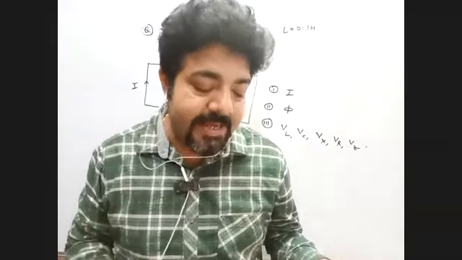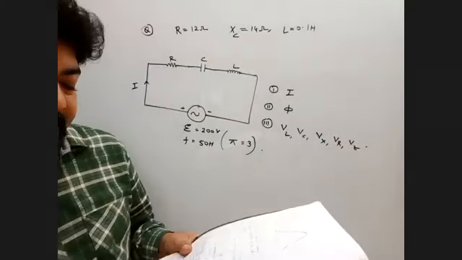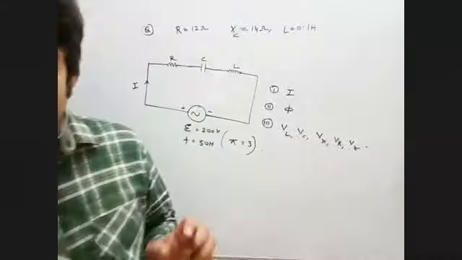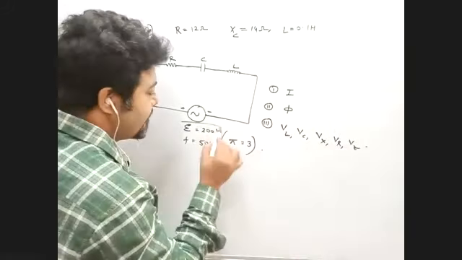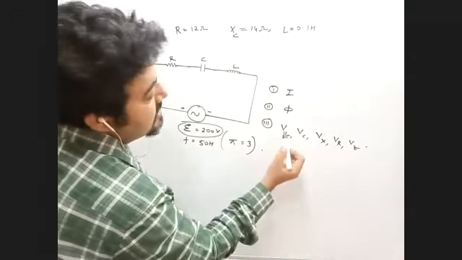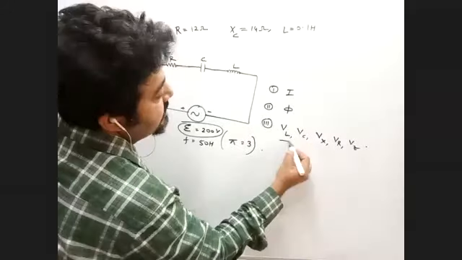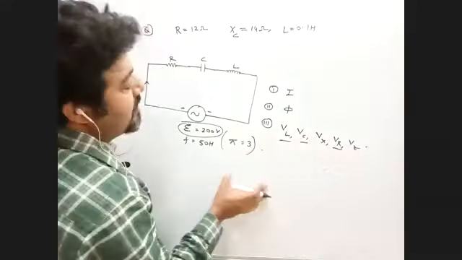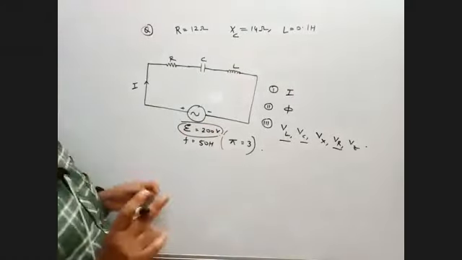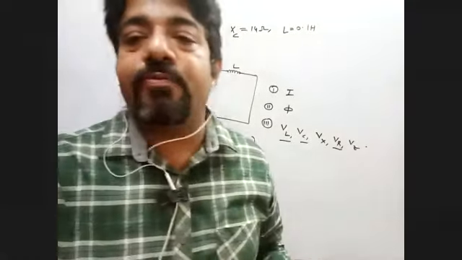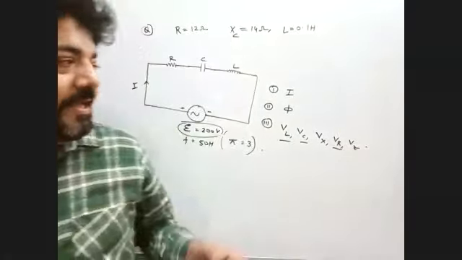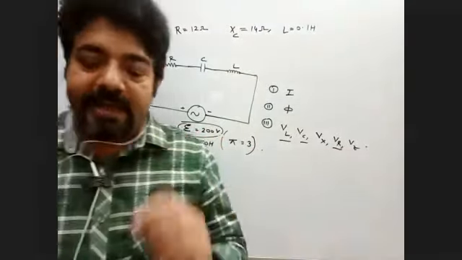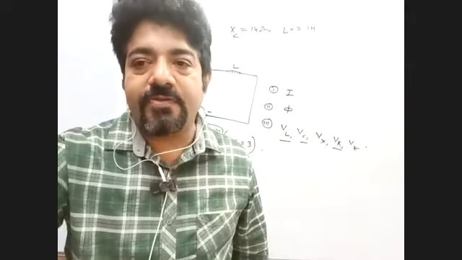And then the question is to mention why the algebraic sum is greater than the given value. You have to show that this is the given value, and if you algebraically sum VL, VC and VR, you get a net value. The algebraic sum is greater than this, and you have to mention why. Again, I give you 2 minutes, at least you can try.